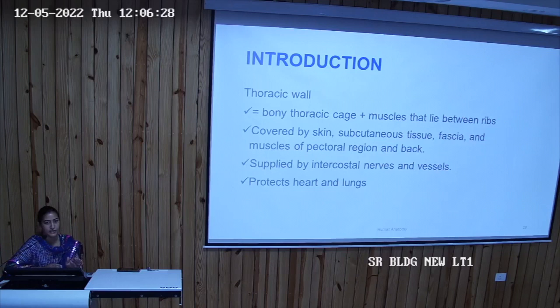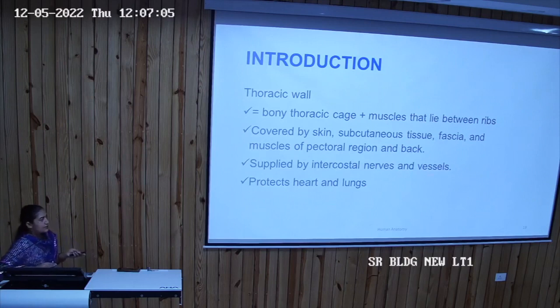You all have seen the thoracic cage, the bony thoracic cage. Yes or no? Yes. So you understand, the space between two adjacent ribs is called the intercostal space. Then the bony thoracic cage and the muscles that lie between the ribs are called the thoracic wall. Externally, when you start doing dissection, it will be covered with skin and fascia, and you have dissected the pectoral region. So you have already seen the pectoral group of muscles, which were on the outer side of the thoracic cage.